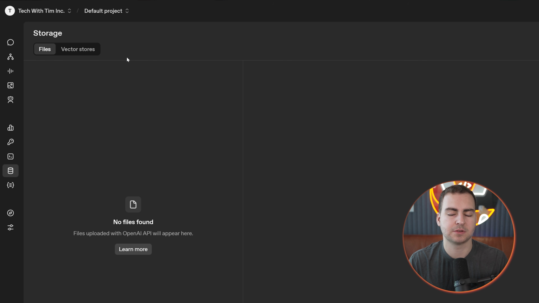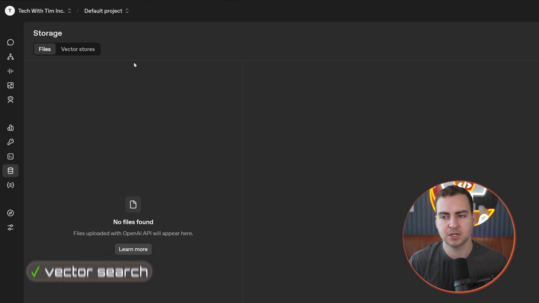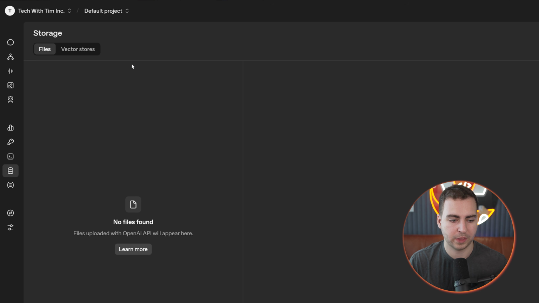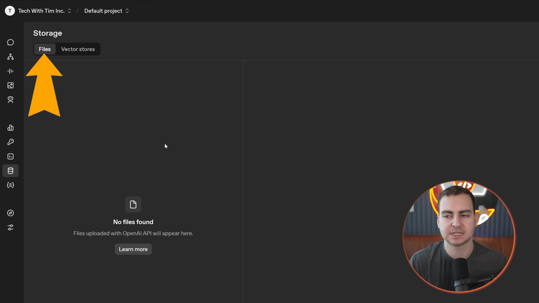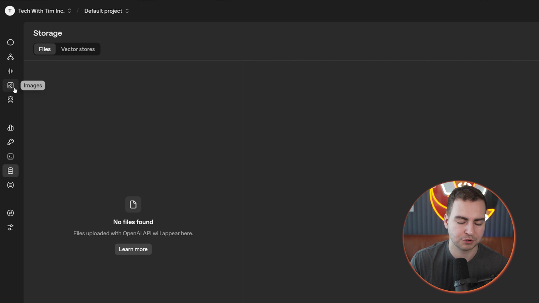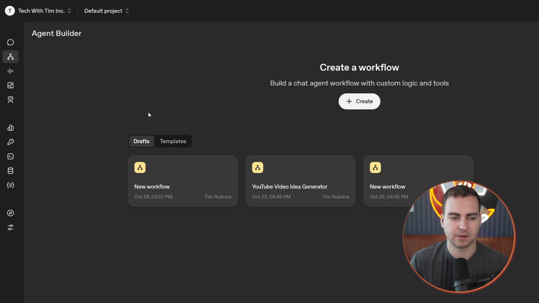And something interesting here is that while the agent builder does support vector search, so it allows you to actually search through vector databases and find information, in order to do that, you need to use a built-in vector search with OpenAI. So you would have to create your own vector store or upload your own files here to be able to pull that data in directly natively in the agent builder. Now you can do this from code, which I'll show you in a second, but it is obviously easier in